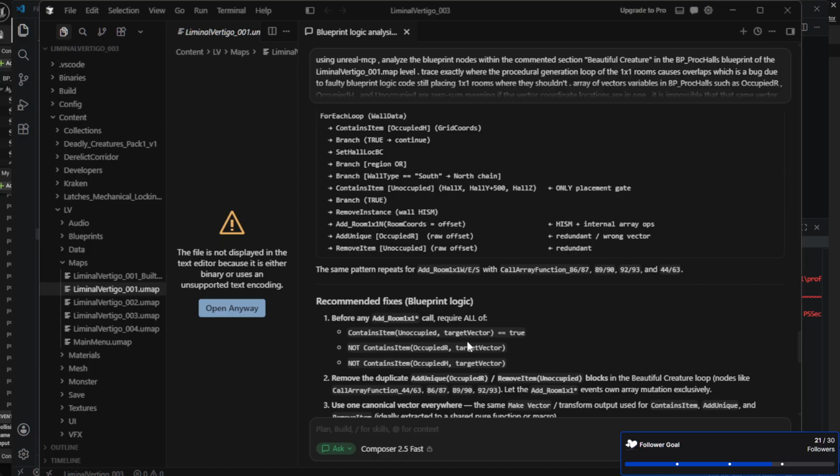I'm assuming, because I'm thinking that if you look at this VS Code, these call array functions are very specific numbers, and I'm thinking that that pointed to the same pattern repeats for